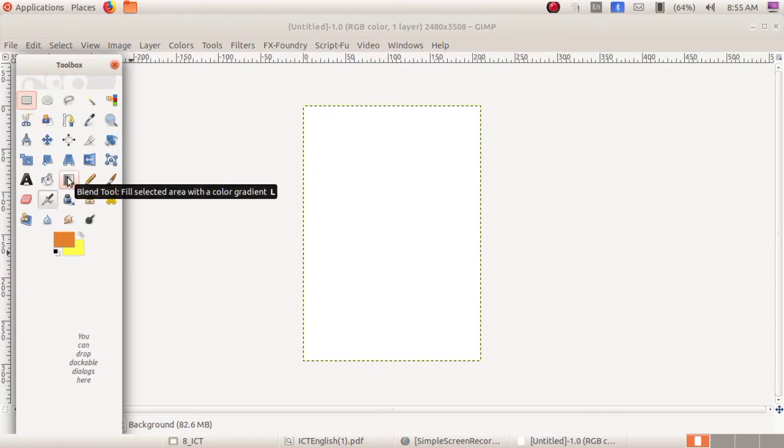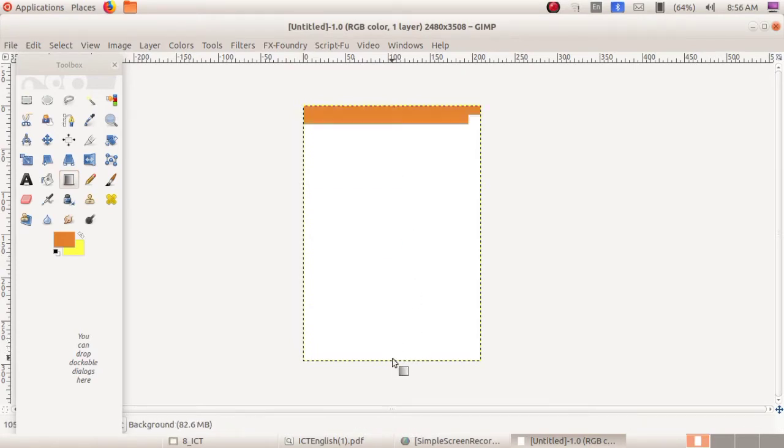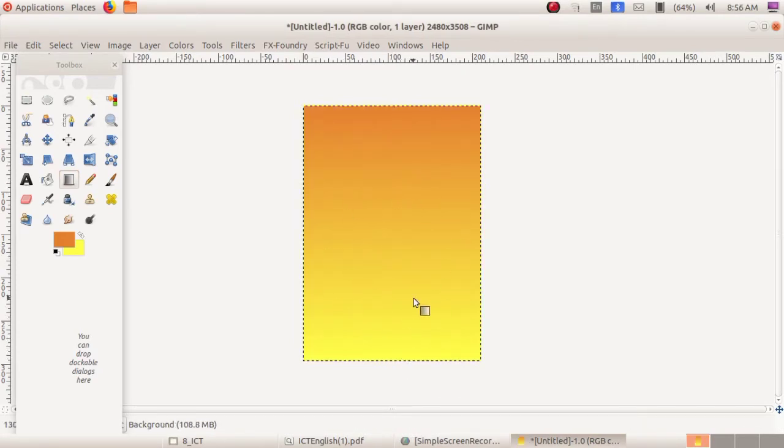Now you want to select the blend tool. This is the blend tool. What is the use of blend tool? Yes, it is helpful to combine two colors. Let us see how it combines. Now I select blend tool and just drag from top portion to the bottom portion. See, it is the combination of two colors.